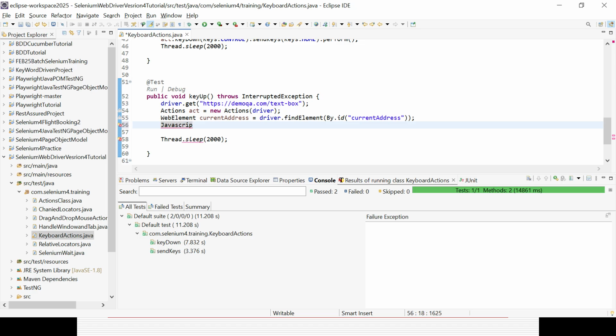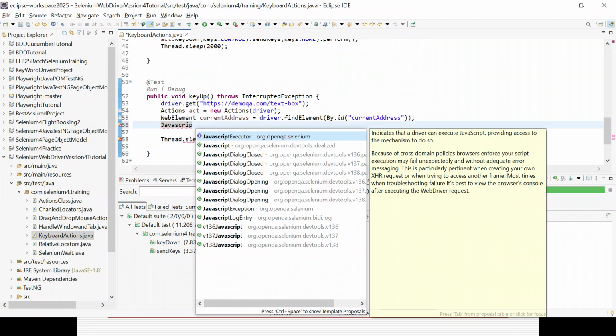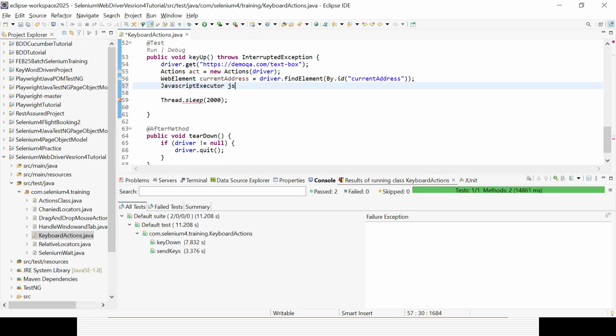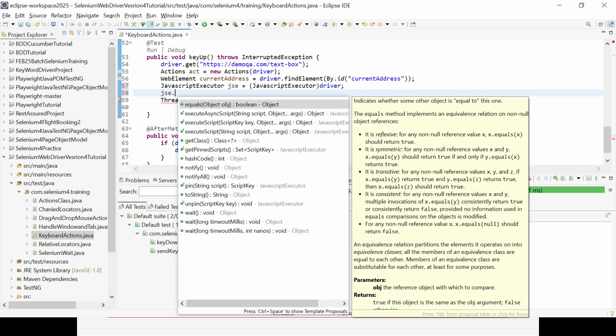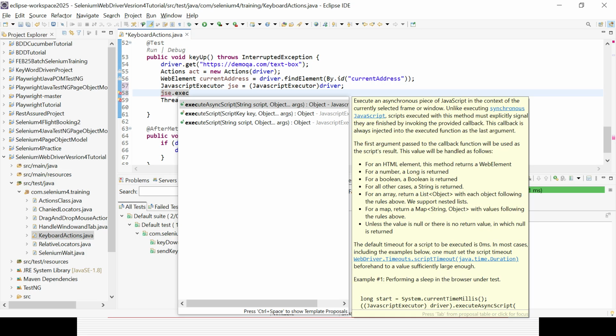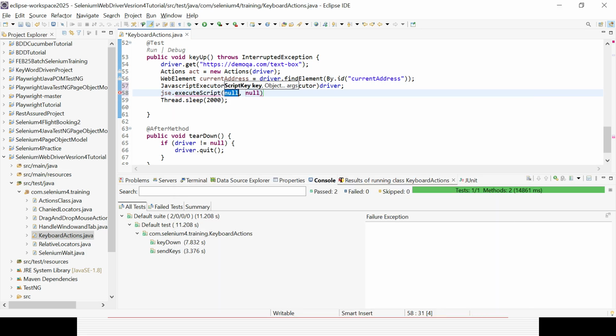If you do not know, enter something and press Ctrl spacebar. You can see JavaScript executor is coming. I can create the object called JAC equal to, because it's an interface, we need to typecast the driver. So we need to typecast the driver. So this object is created. Now we need to call a method on that object. There is a method called execute script, and here you need to provide, within the double quotes,